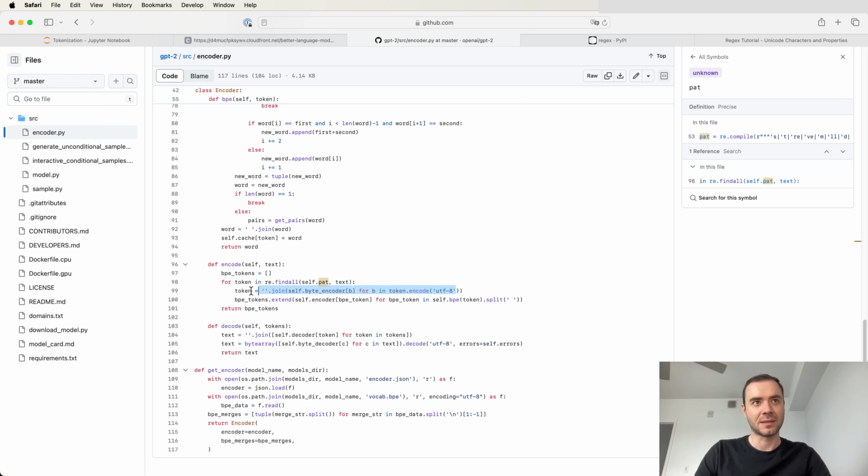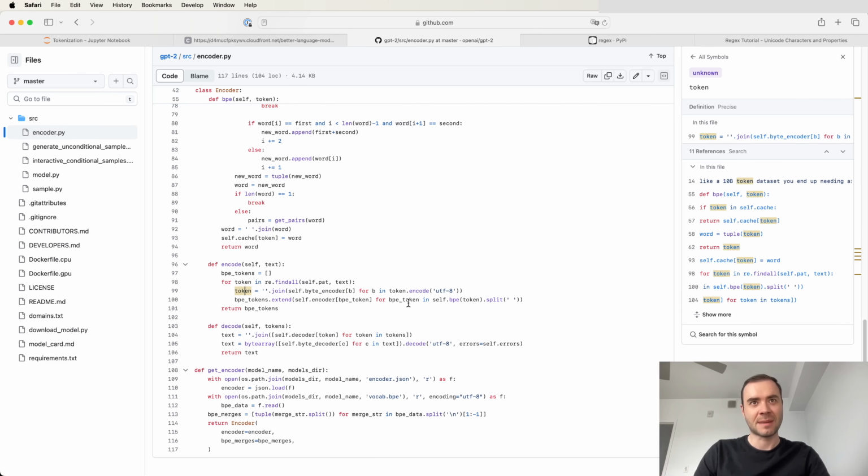And then what's happening here is, this is a spurious layer that I will explain in a bit. What's happening here is